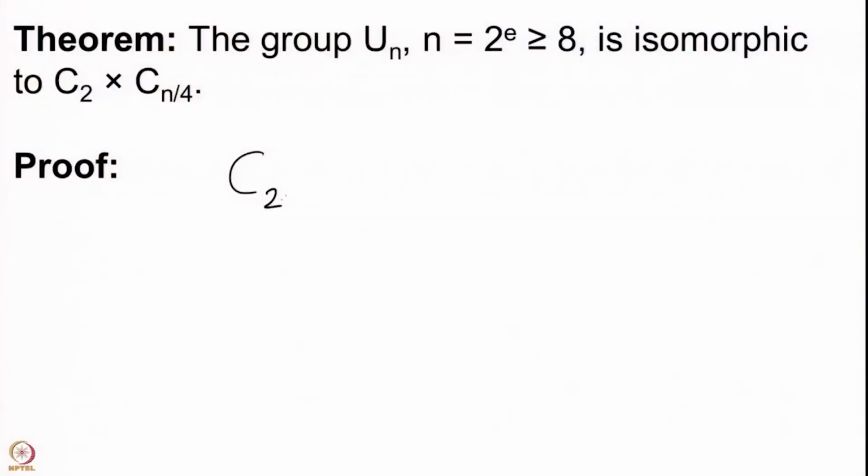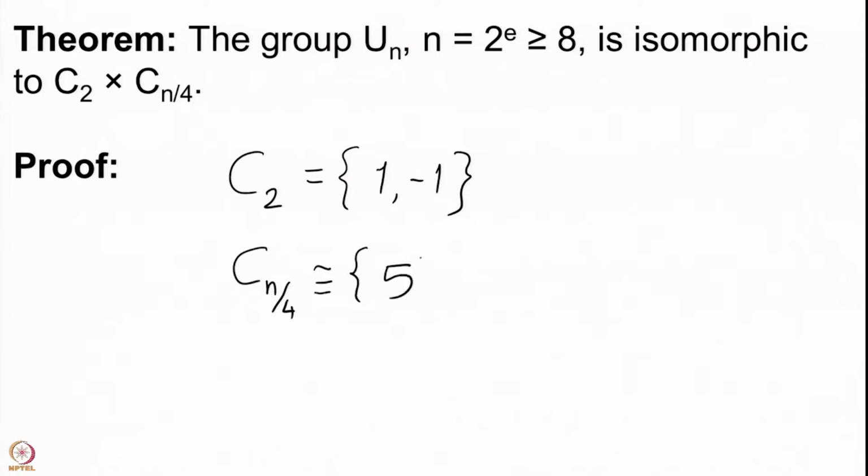We will produce a generator for each of these. We observe that C2 is simply the group of square roots of 1 in this U_N, and we are going to write C n by 4 as the group generated by 5 powers. So, we will need to prove